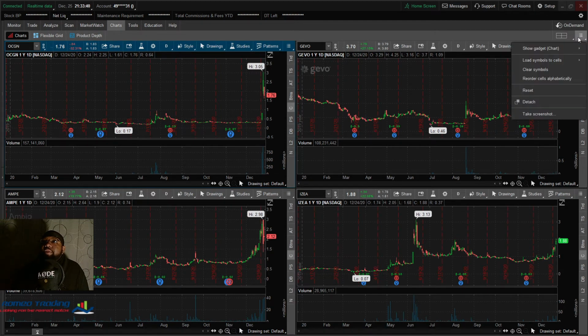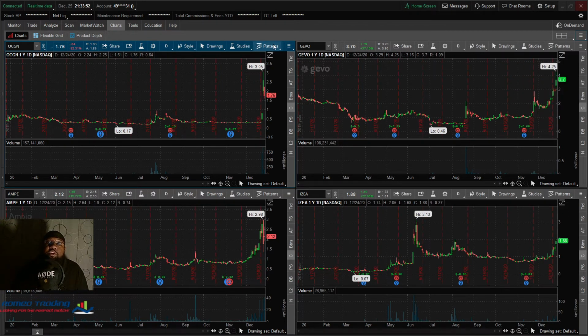You can also detach it. There's a detach button here. So if you have multiple monitors, multiple screens, you can easily hit that detach button and move this one to another screen to manage those stocks that way. So that comes in handy big time. I'm actually looking to get into multiple screens myself because it can be definitely useful